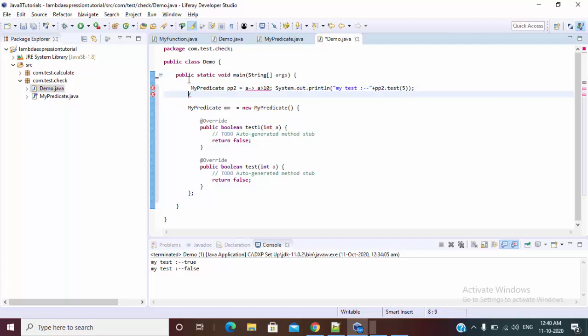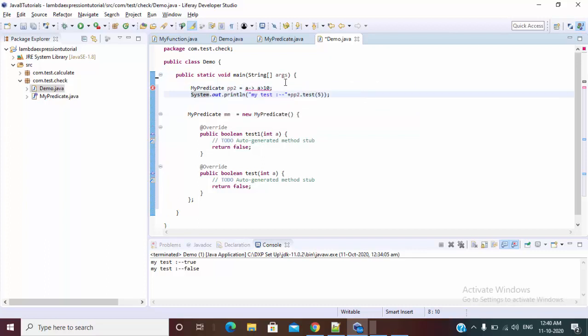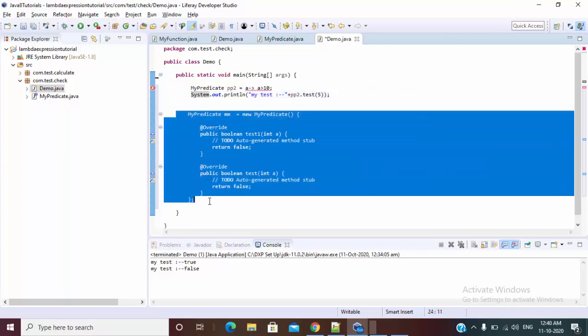Let's check the error. The target type of this expression must be a functional interface. So this is one of the differences: by using an anonymous inner class we can define as many methods as are provided by the interface, but for a lambda expression only a single abstract method is allowed.